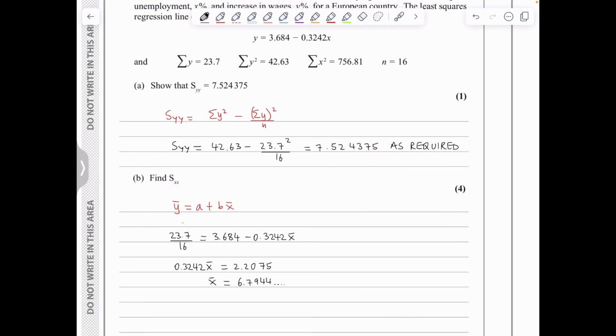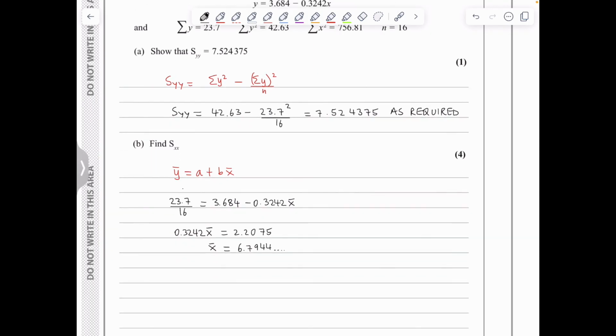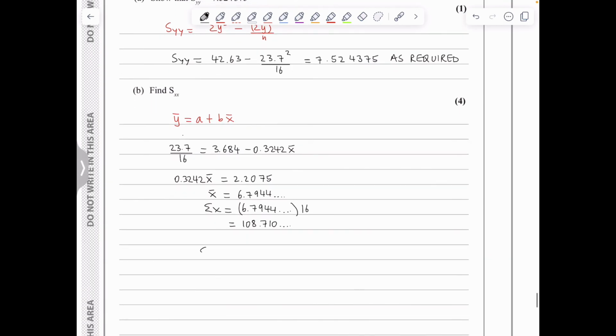6.7944... Well, we know that x bar is the sum of the x divided by n, which means that the sum of the x is simply going to be the mean of 6.7944... times the number of observations, which was 16, and this leads to a value of 108.710... Well, SXX is going to be the sigma x squared, which is